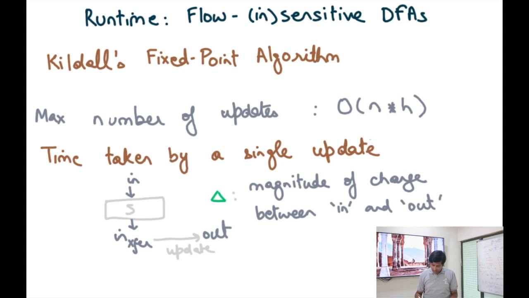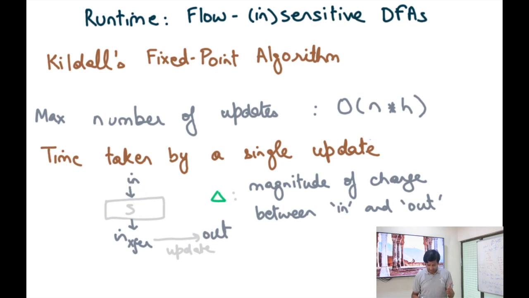Now, the time taken by an update basically involves changing the out value from whatever it was originally to its new value, and that involves first transferring from in to in transferred and then applying it to out. And let delta be the magnitude of change between out and in. And this is the amount of work, I claim, that has to be done in this transfer, because after all,